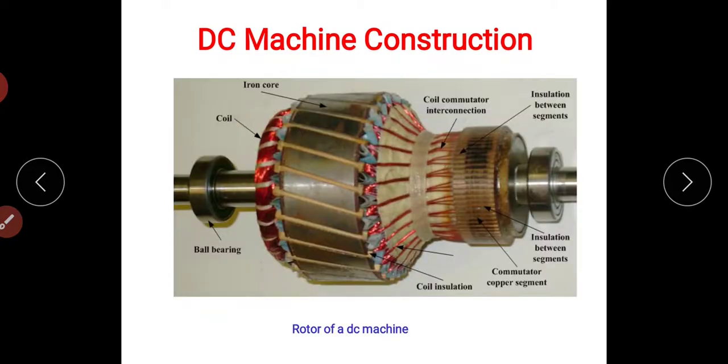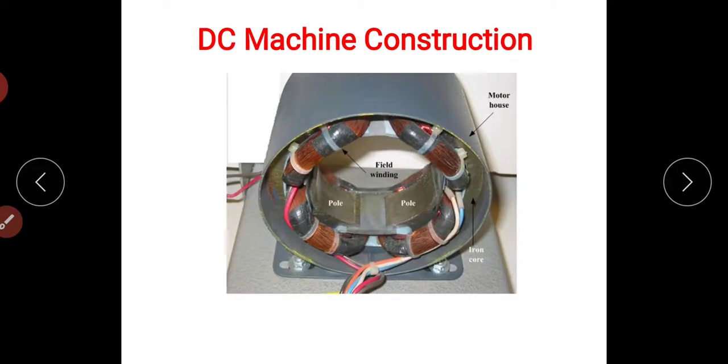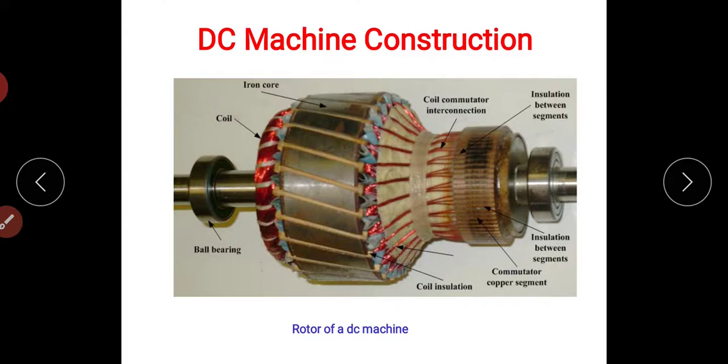Next one, this is the armature. The armature is placed in this place. Inside, some space is there, and in that space the armature core is fixed. We know that the field system already produces the magnetic field. Next, by using a prime mover, if you rotate this armature construction inside that magnetic field, then in the armature conductors or armature coils, the EMF is generated. This complete setup is the armature.